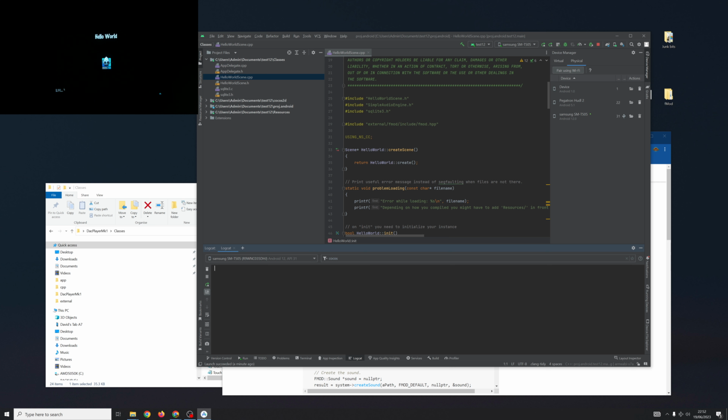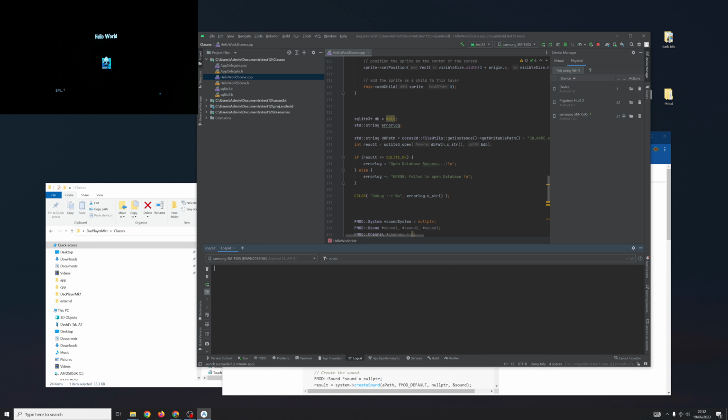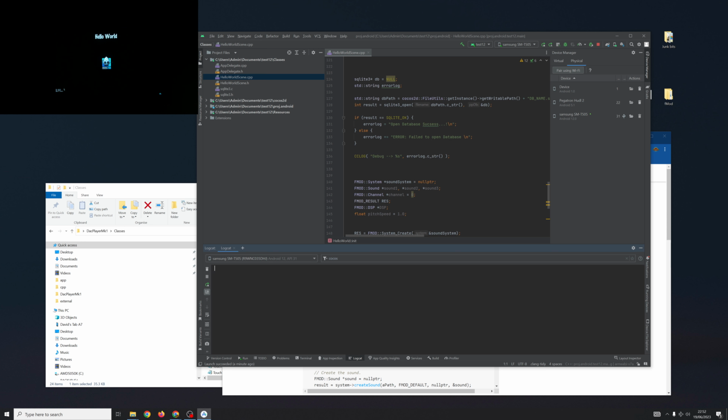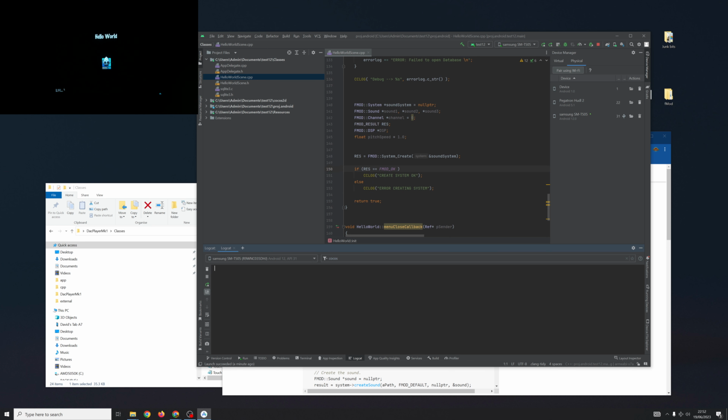So okay, we're going to include that. Then we're going to come down and run a small bit of code. This is our SQL, and now we're just doing an fmod system. Sound system is null. We're just going to say the result equals create to our sound system here, and then we're just going to check whether it's okay. If it equals okay, then we'll say the system's okay, else the system's not okay. So we're going to run that,